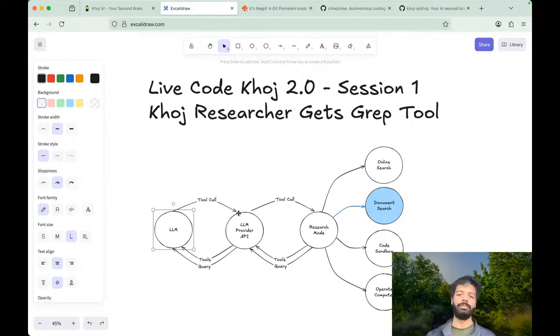So if the LLM has requested it wants to do a web search for weather in Bali, Khoj then actually does that search, gets the results, and then returns that back to the LLM for deciding what it wants to do next, whether it is to call another tool or just to answer the user's question, right? So that's the higher level control flow of how this thing moves.